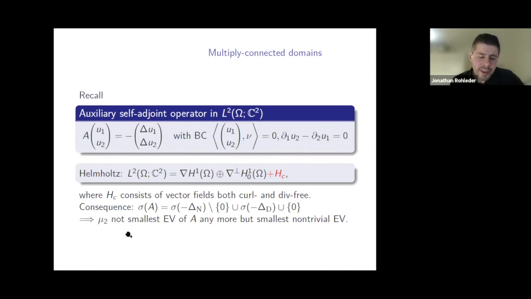So looking at the variation in principle will somehow be a bit different, because one would have to make sure that one looks at test functions, or test vector fields, being orthogonal to the fields in the space HC. So mu2 is not the smallest eigenvalue of A anymore. It would still be the smallest positive or non-trivial eigenvalue,